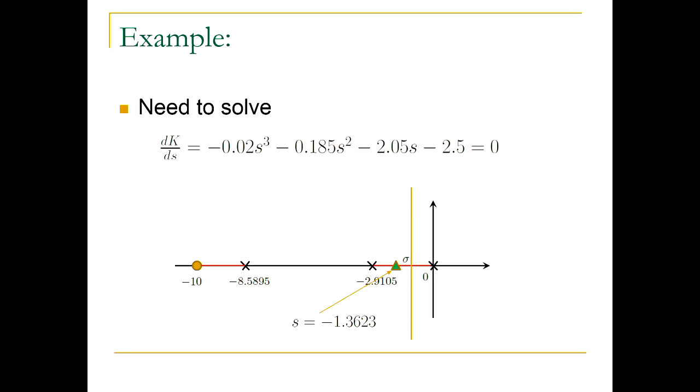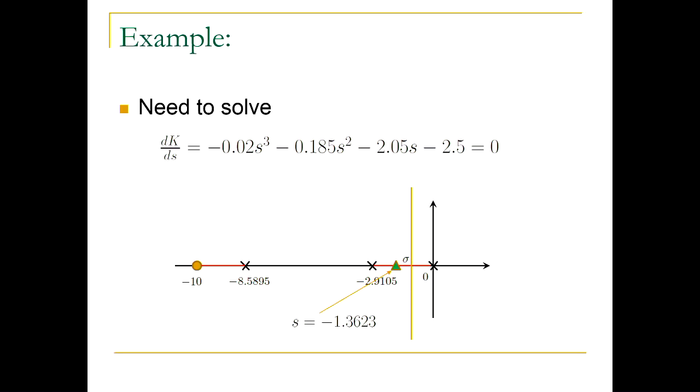So now we know more about root locus. We know that one branch would emanate from this pole and start moving towards this triangle, and another branch will start from this blue pole and start moving towards this triangle. When they meet for a certain value of k, there is a point where both branches will be at the triangle. And at that point, they will have to branch out.